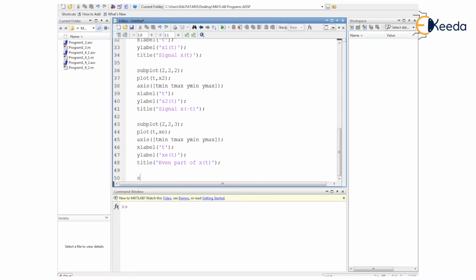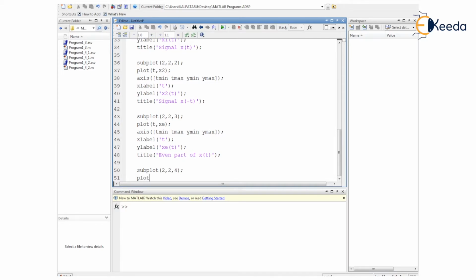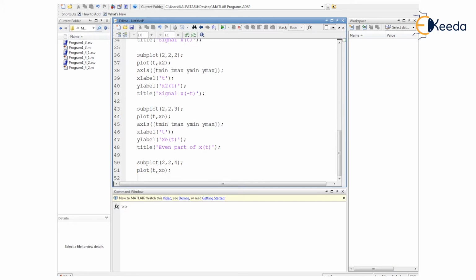Next to that we have the last subplot, where the odd part is to be displayed. So subplot 2 comma 2 comma 4, the assignment we are making with the plot command, and to the plot command the input arguments are time as a parameter and then xo as another parameter. Then we have the axis information: within a pair of parentheses and square brackets we mention t minimum, t maximum, y minimum, y maximum.